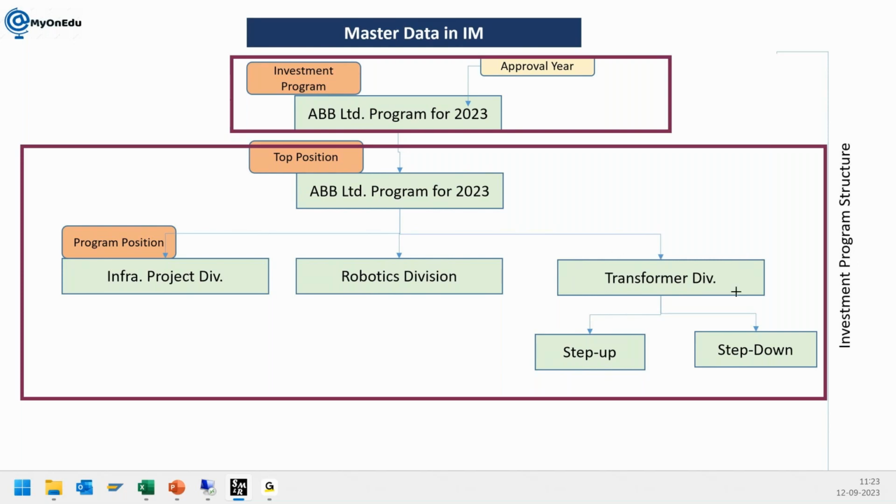Again, transformer division is divided into two, step up and step down. For example, in transformer we have two types of transformer, step up and step down. So based on that, they have created the hierarchy. Some other examples, like